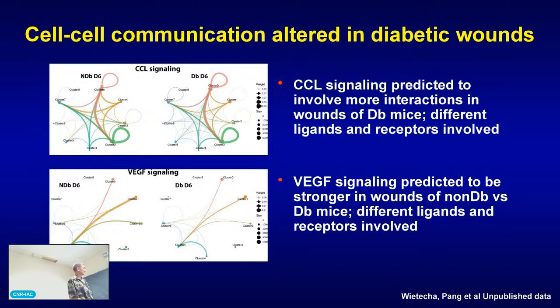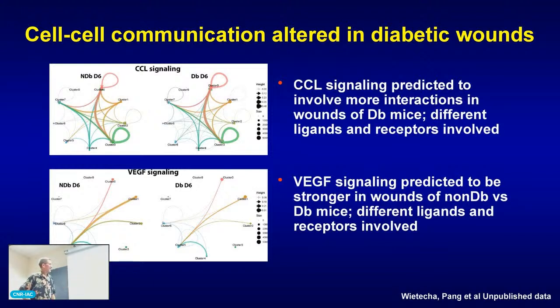Here's some examples of other ways to visualize the data. So you have all the different clusters here, non-diabetic mice, diabetic mice. Cluster 0 are the macrophages. Cluster 3 here are the neutrophils. CCL signaling is a chemokine, very important for attracting inflammatory cells into the wound. And we see the major players in producing or expressing CCL are neutrophils and macrophages, which makes total